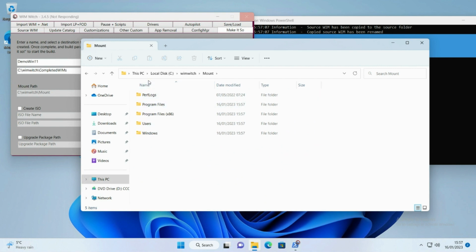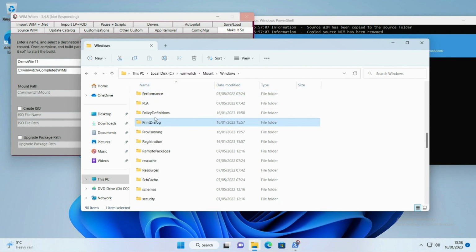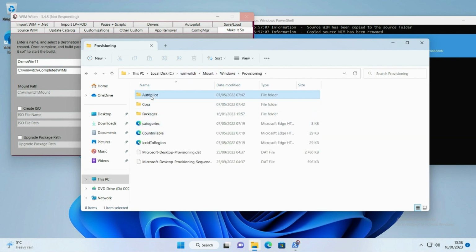So actually this is all the contents of a Wim image. So that's basically here. I believe if you go here, Windows... I don't know it by heart, well, let me see. I do know it actually. I have it open here. So if you look at it, this is the contents of the Wim file, and if you go to provisioning